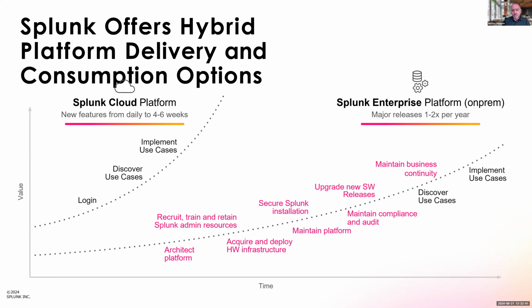And I mentioned that we're going to support it, but do know we are cloud first in terms of our innovation. So you'll see new capabilities pushed every 4 to 6 weeks versus on-prem may just see an update every year or maybe twice a year. So those are some things to keep in mind. And certainly cloud, the advantages of cloud are just the increased pace of innovation as well in terms of the capabilities that you're going to get, not just from Splunk, but from other vendors and solution providers as well. Next slide.